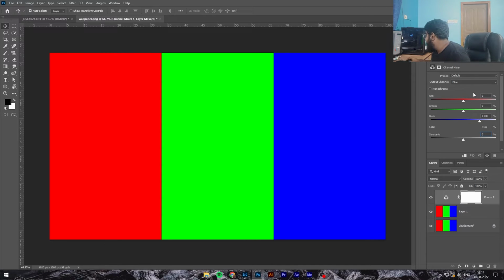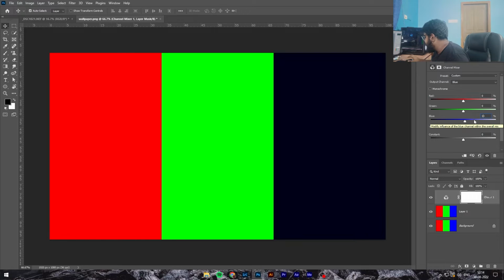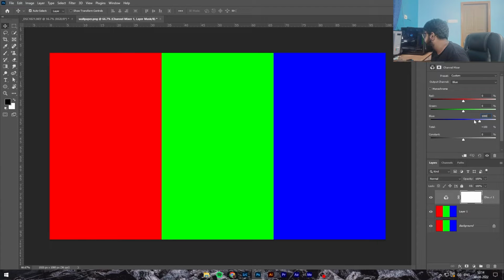Now, if you add color to it, it's going to increase saturation. As you can see, it's increasing its brightness a little bit. But if you remove the color, see, the blue pixels are now completely black. So this is what it is. Now I have made it 1000 for some reason. Anyway,